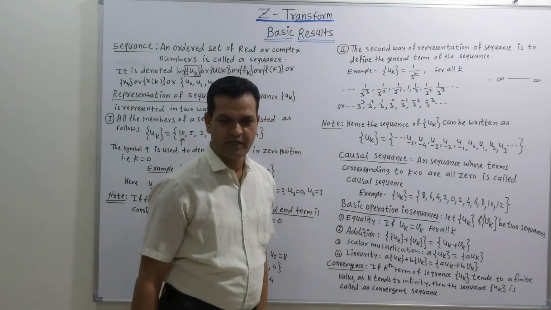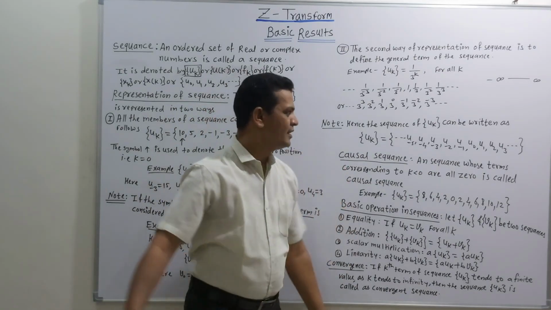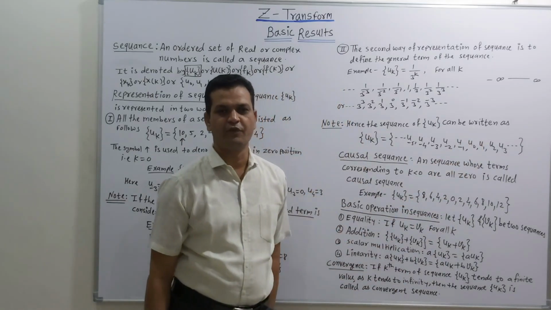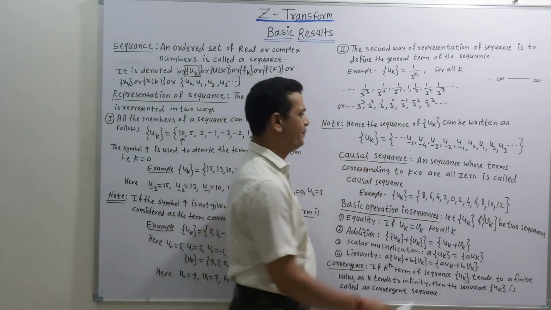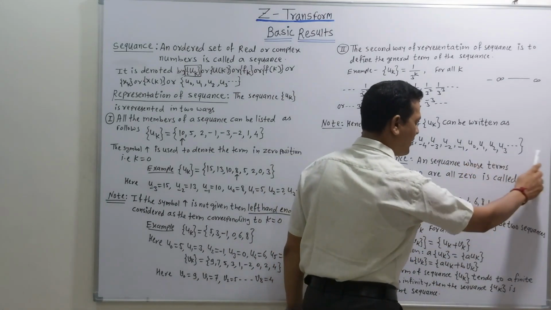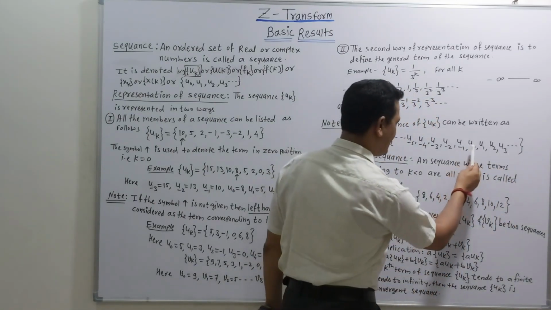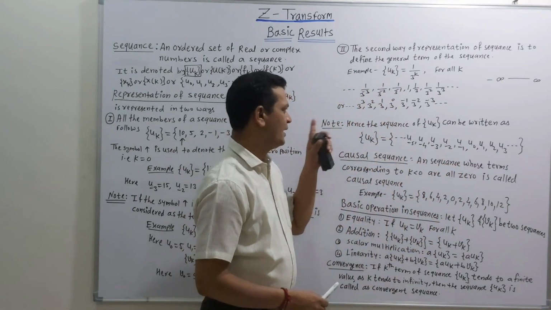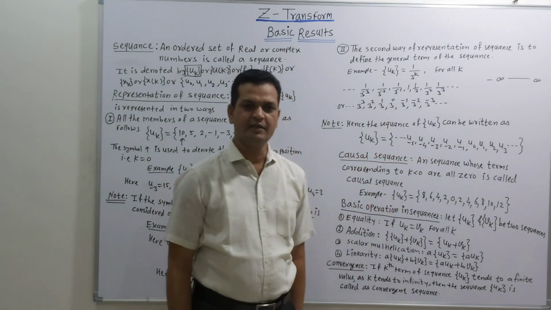Now, because of this first and second representation of the sequence, one note is provided. The sequence uk can be written as follows. This is a very important notation for learning the concept of Z transformation. We can denote the sequence uk by: this is the 0th position, which is denoted by u0. These are all the positive terms, that means u1, u2, u3, u4 up to infinity, and this side is u-1, u-2, u-3 up to infinity. This is the way to write the sequence uk. This is useful for learning the Z transformation.